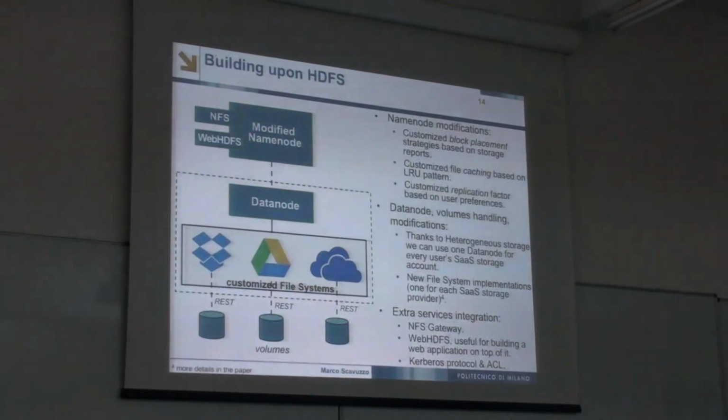So now that we have finished the recap on HDFS and its new features, this is the architecture that I'm proposing to build this new file system on top of the different SaaS storage platforms. Thanks to the heterogeneous storage that we were seeing before, we can use the data node